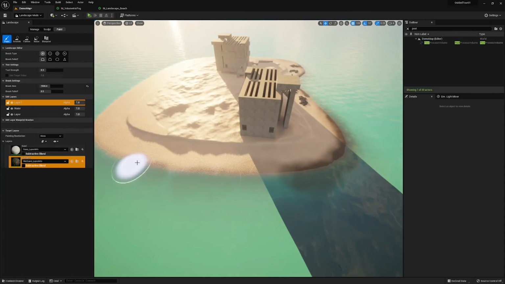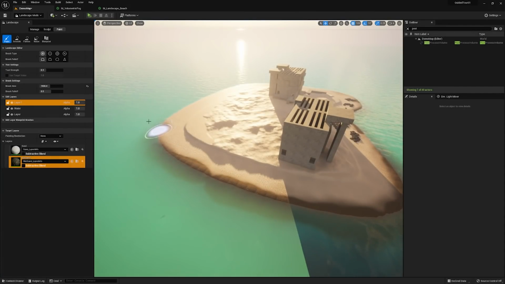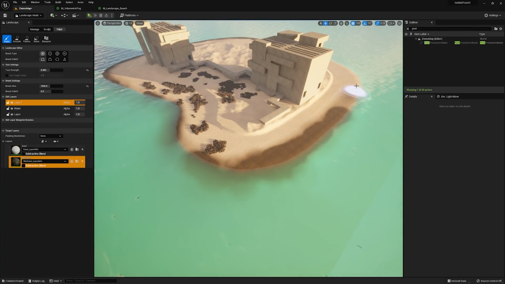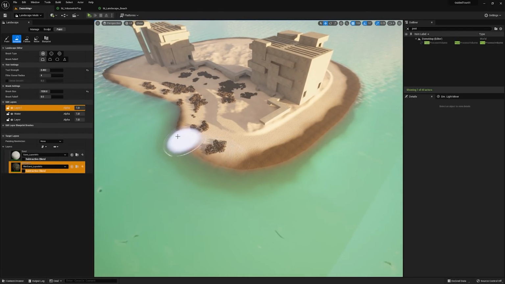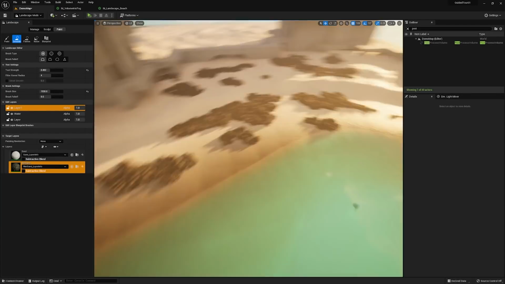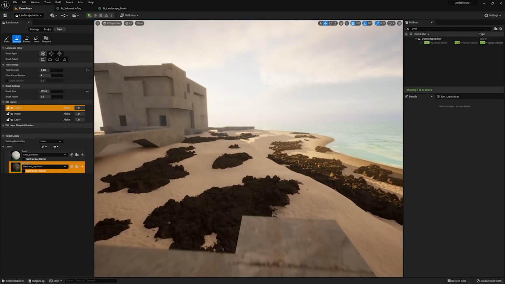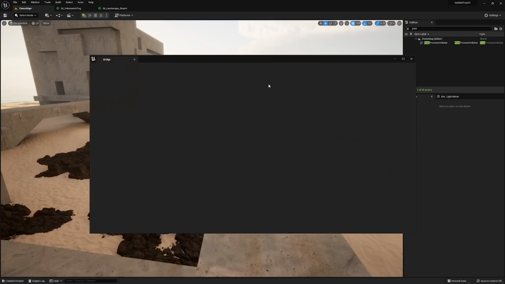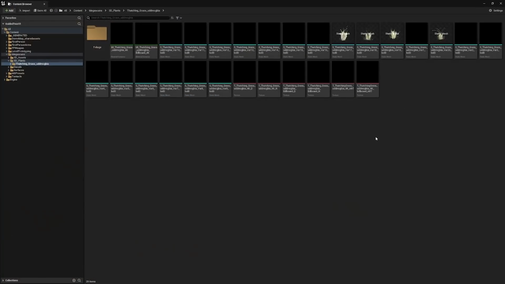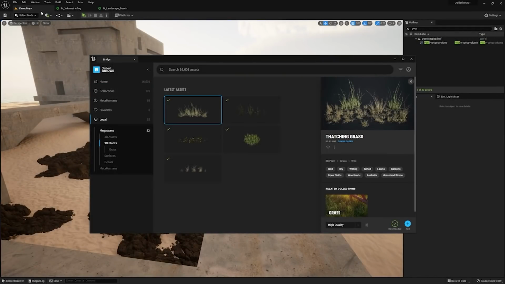I'm also going to use this opportunity to go through and start to paint out the wet sand around the rim of the island. And after I paint in that wet sand, I think it'd be a really good idea for me to go through and smooth that out somewhat, just so that we end up with a slightly more natural gradient leading into it. I could spend a lot more time on this and adding many more landscape layers, but I won't invest too much time, or at least I'll try not to. That way we can really get this looking a little bit nicer.